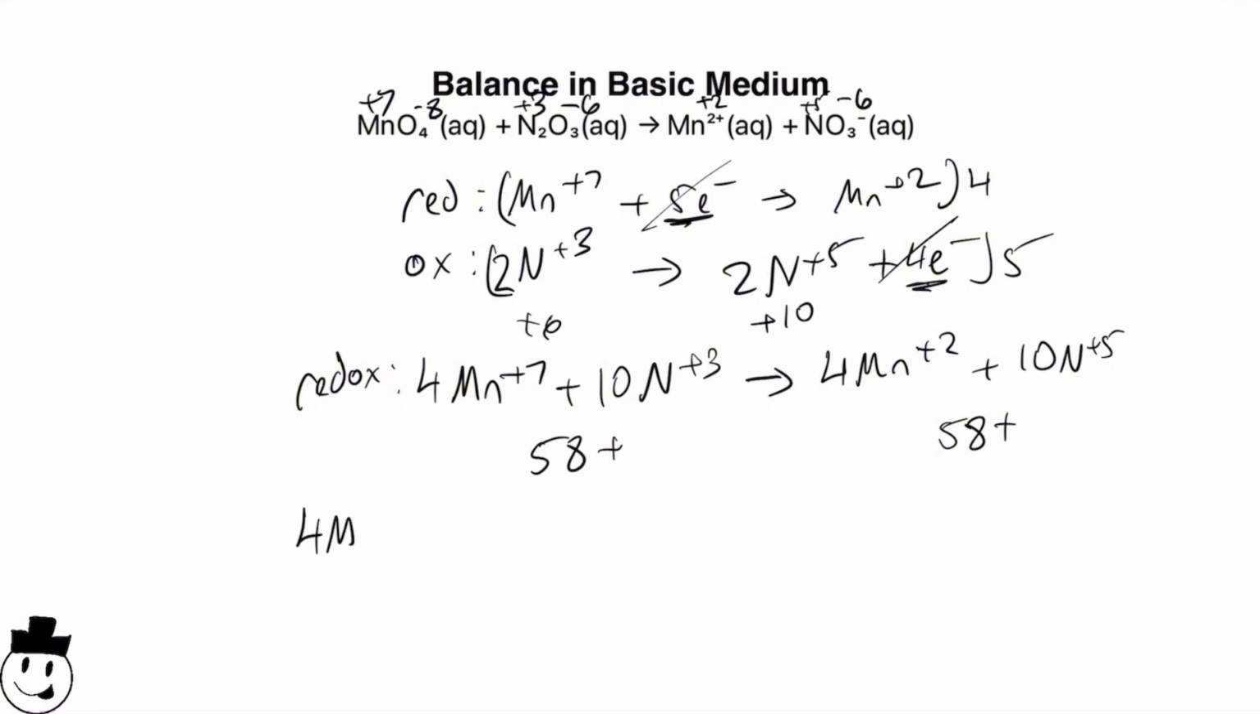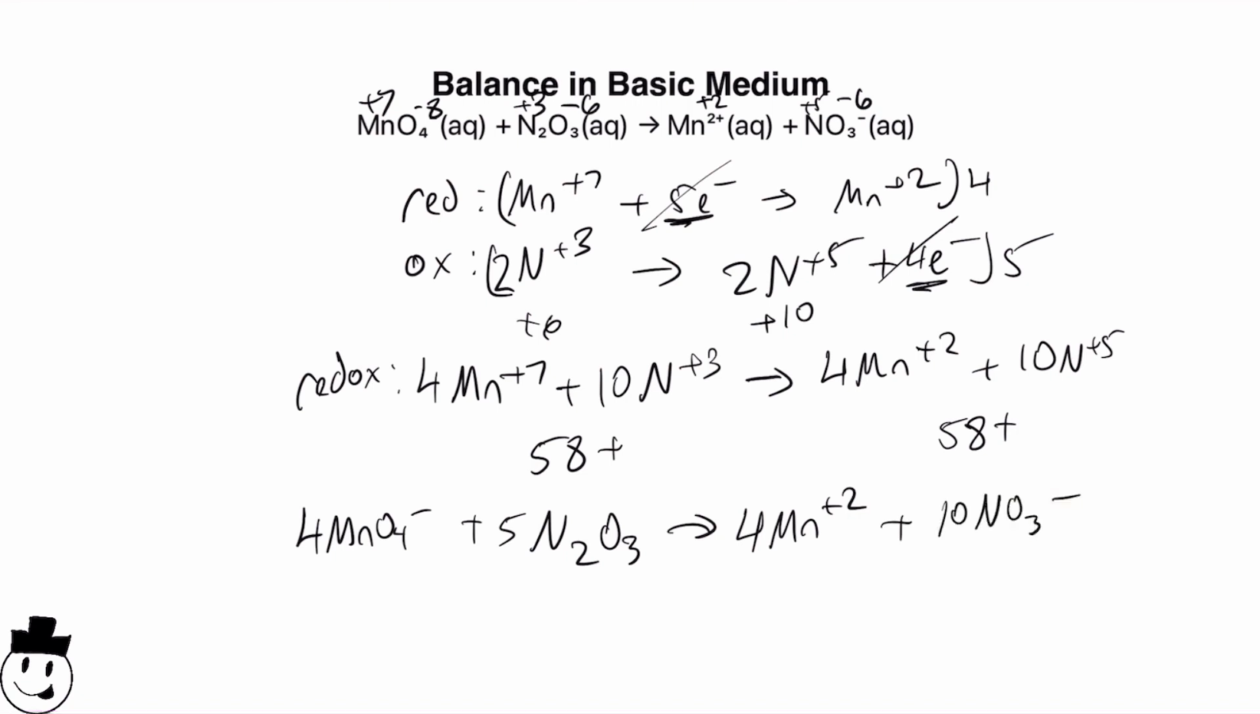So it would be 4MnO4- plus, because there were already two nitrogens, we want to make sure we don't screw that up and put a 5 behind that. Excellent. Now it yields 4Mn+2 + 10NO3-. Excellent. Okay, so now we're almost done. Now we have to do what we did last time. Everything's the same as in the acidic medium. So now we have to add,